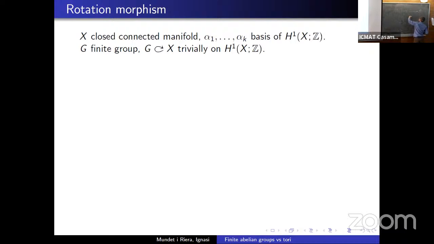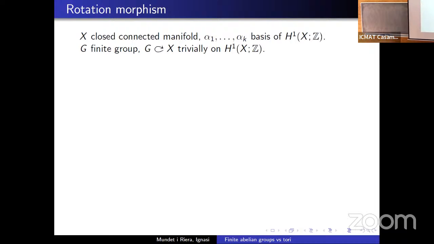So k is the first Betti number of X. There is going to be a morphism from this group to the torus of dimension k, and also a map from X to the torus. That is going to be homotopically non-trivial. Let me conclude here. It will turn out that in general the morphism rho going from here to here will not be injective,